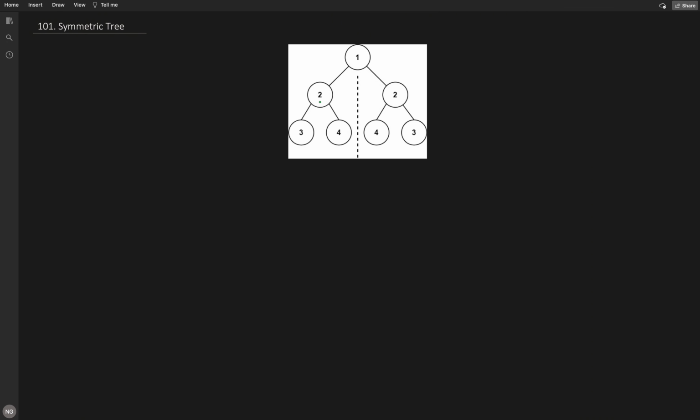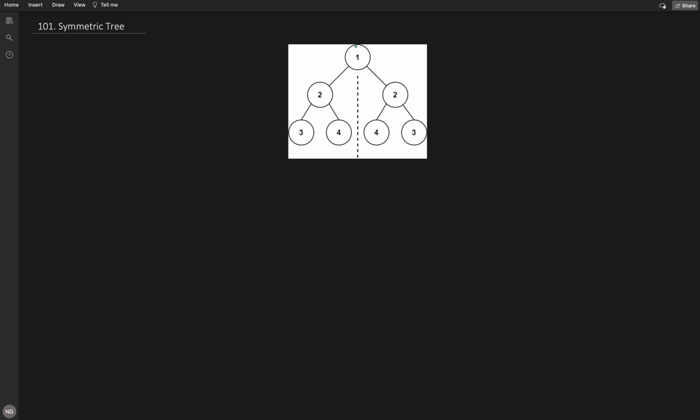So how to solve this kind of problem? For tree problems, as you are aware, we can easily write the code in the DFS approach using recursion, or the BFS approach with the help of a queue. We will solve this problem first the recursive way. But before that we need to understand how it is symmetric.